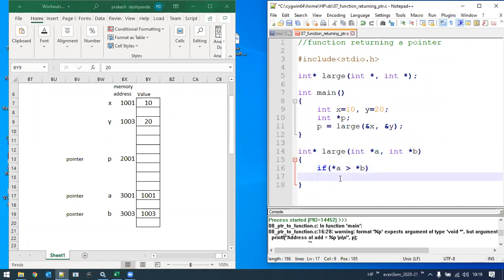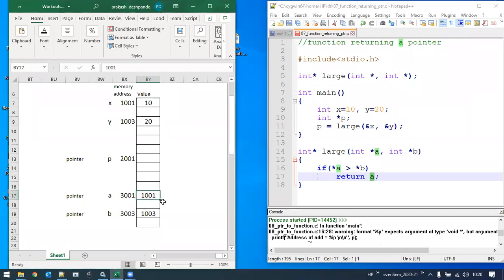Then we will say that A is larger, but if you look at it, the return type is a pointer. So what do I need to return? I need to return the memory address that A contains. So the return statement will be as simple as return A. If you look into the diagrammatic representation, A contains 1001.